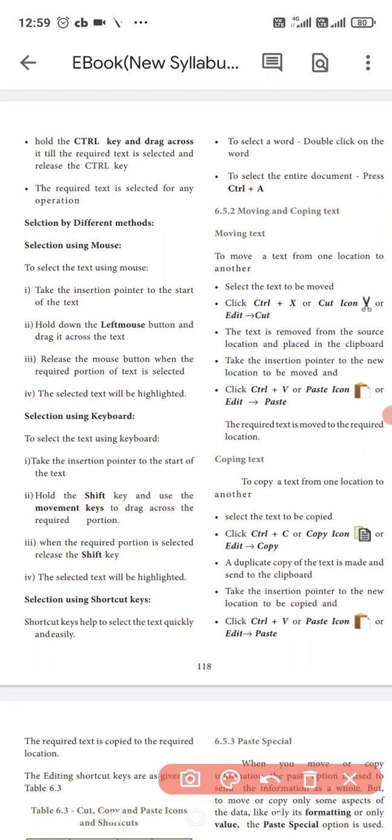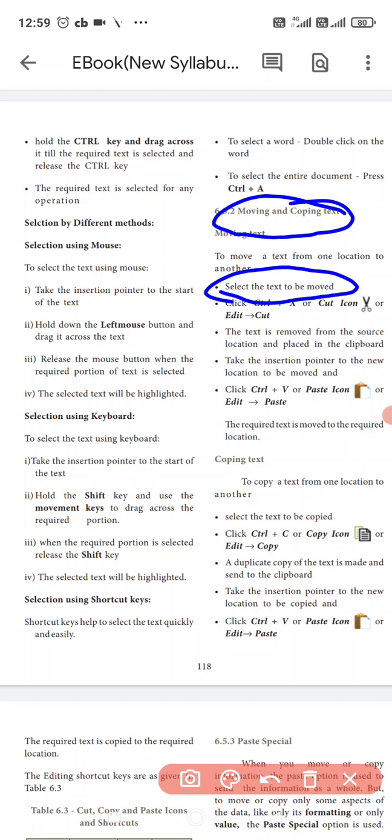Moving means, first of all: if you cut a line from one place and paste it in another place, that is moving the text. So the first step is to select the text to be moved.